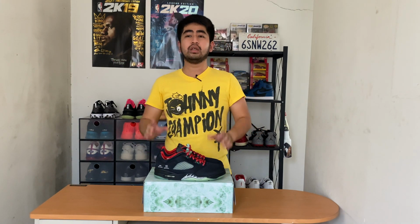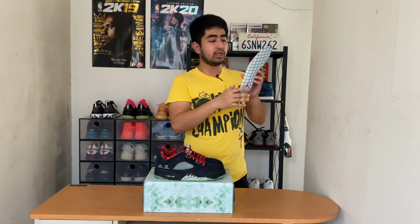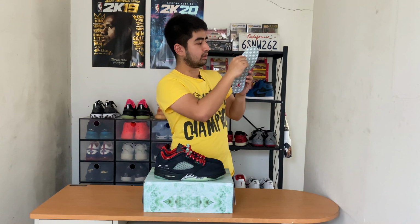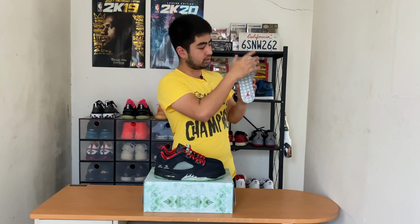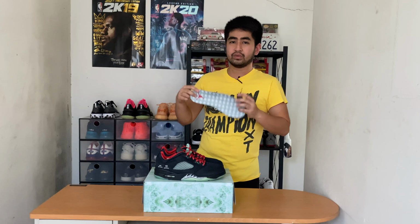Now, speaking of CLOT and Jordan Brand, here we have the insole. We have the Jumpman logo here, and spread out across the entire insole are the logos of both collaborations. So we have the Jordan logo here and the CLOT logo all around the insole. Alright,